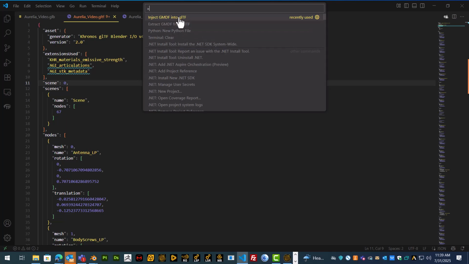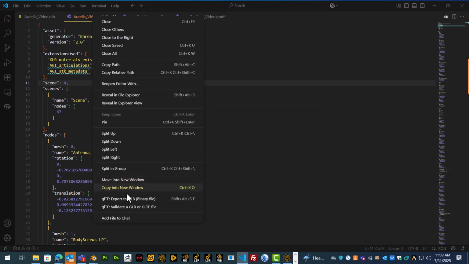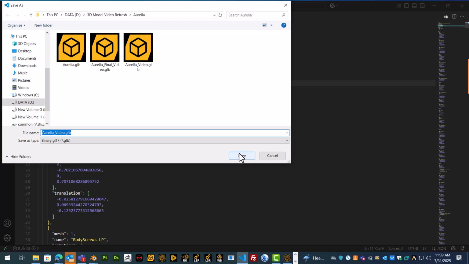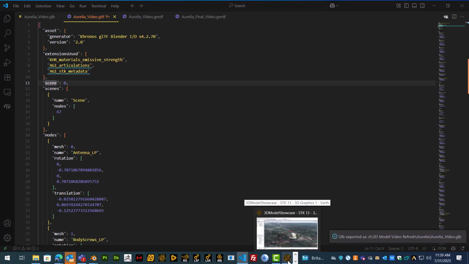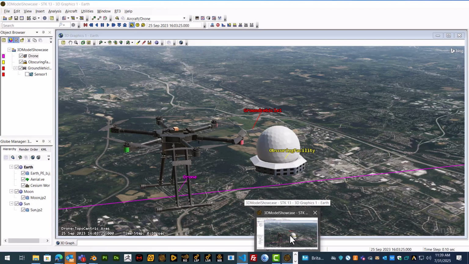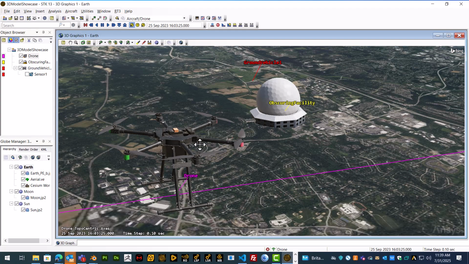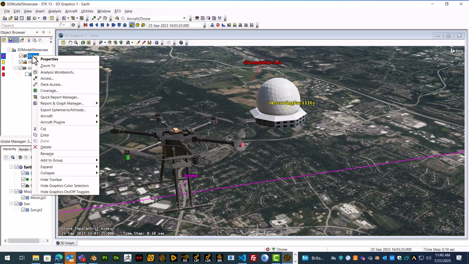And with our solar panel groups now defined and all that information saved in the GLB, we're going to go to SDK, and we're going to take a look at the solar panel tool. So the solar panel tool can be accessed by right-clicking on your object of interest and going to aircraft in